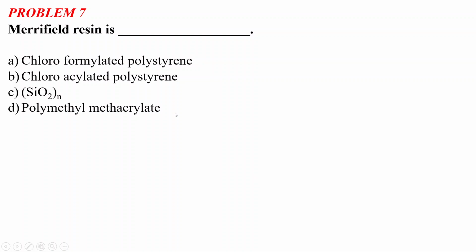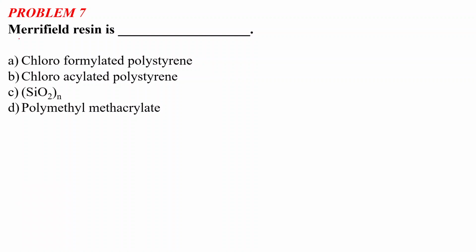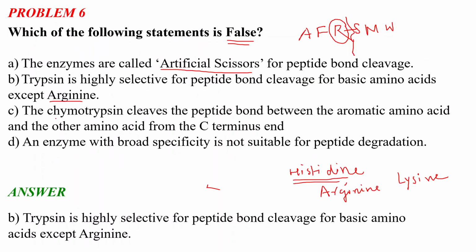So the options are: chloroformylated polystyrene, chloroacylated polystyrene, silicon dioxide, and polymethyl methacrylate. So what is the Merrifield resin? First I will briefly discuss it. Merrifield is the name of a scientist who